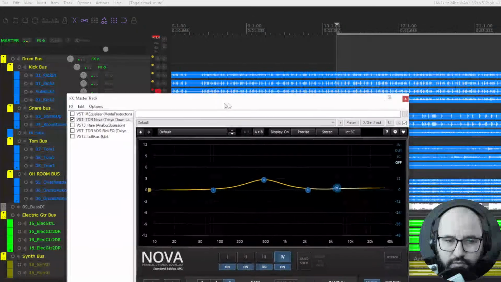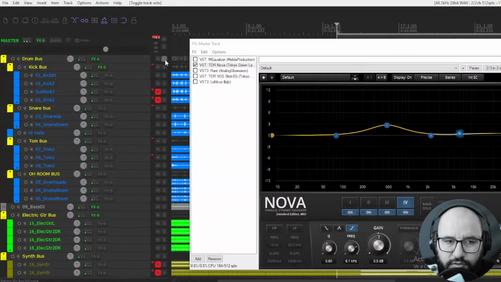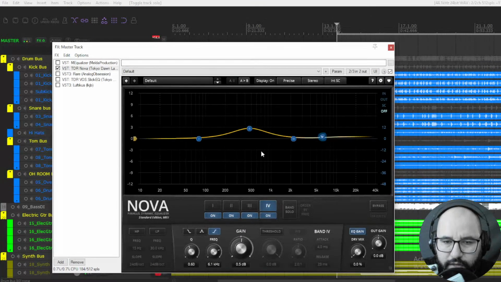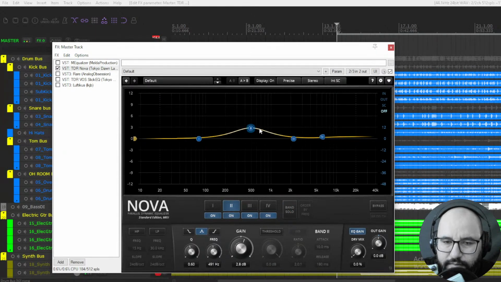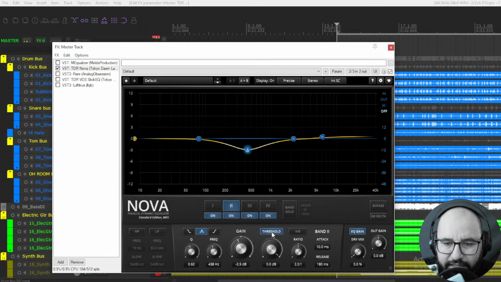Let me first use it here on the drums. You can solo the band as well, here, right? Like that. And the cool thing is, like I said, the dynamics section, which, for instance, if I want to cut this part but making it dynamic, I turn on the threshold here.